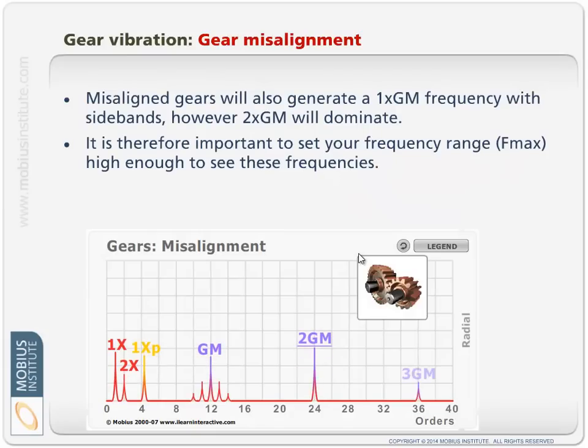So in this case, we may still see sidebands as normal, but we see a change in the vibration. And just as we often do in relation to normal misalignment between motors and pumps and so on, we may see that twice Gearmesh frequency will increase in amplitude more than just the normal Gearmesh peak. But the bottom line is,